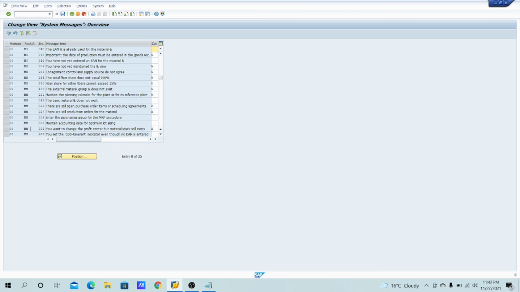So to remove such kinds of messages, or such extraordinary cases, you will have to follow this process. You will have to convert the error message into a warning message. Then you will have to go to the material master and update the profit center. After that, at the time of MIGO, the profit center error will not come, and the system will allow you to post the material into unrestricted stock, so that you can consume the material.